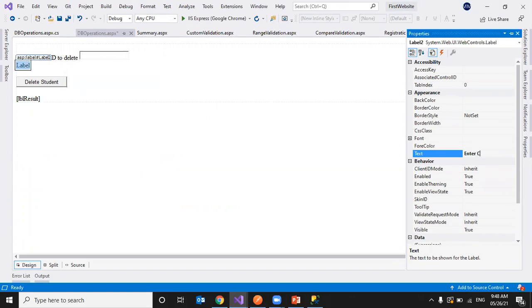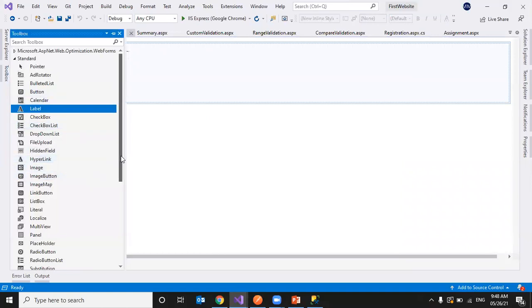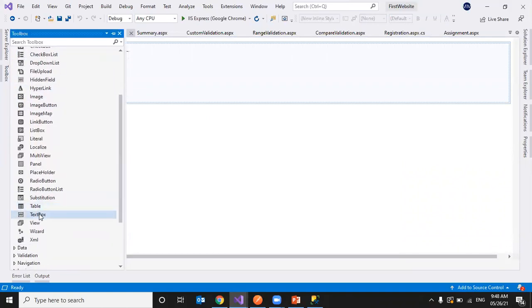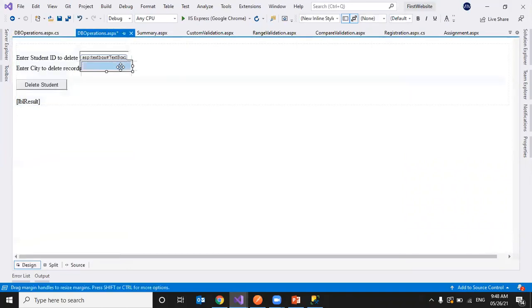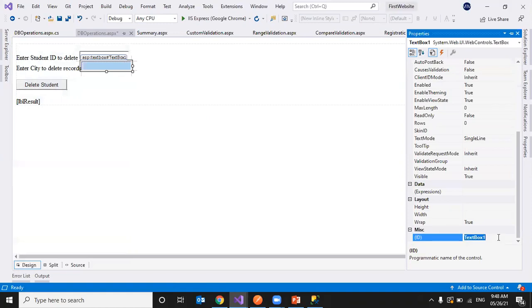We can say enter city to delete records. Now I'll take a text box to hold the city value. So I'll give it a unique name, giving the ID as txtCity.